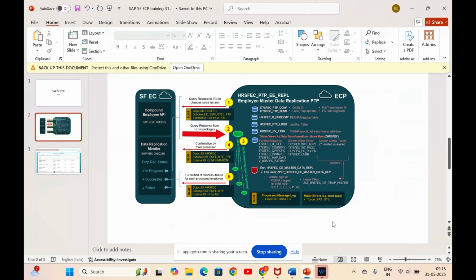Now all the payroll processing is separated into a dedicated payroll system, which is SF ECP, and SAP SFEC is a dedicated HRIS system where the master data maintenance will be. Then through timely replication or integration between SFEC and ECP, we get the data to the payroll system, where we process the payrolls and send